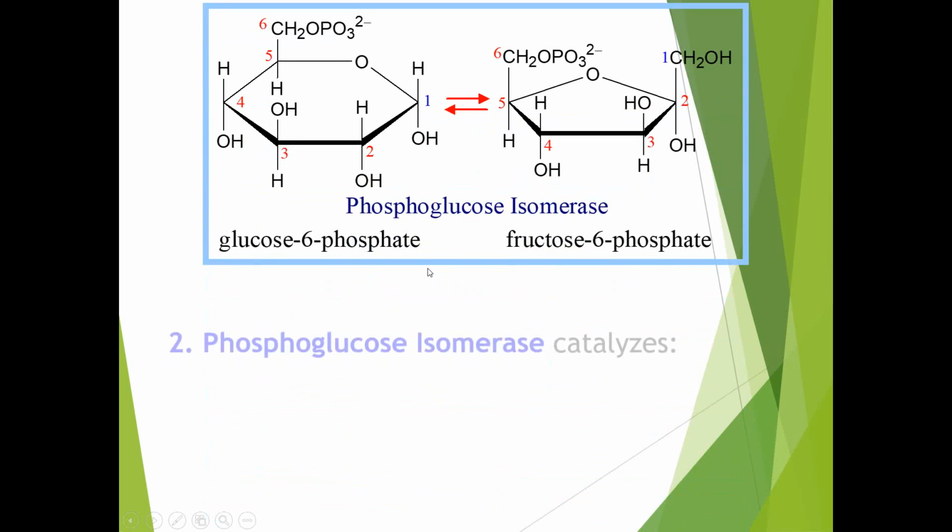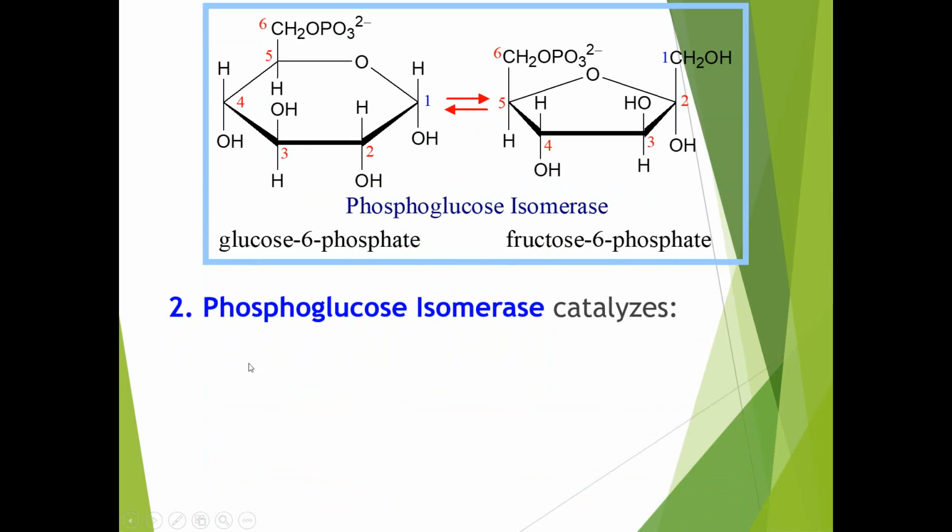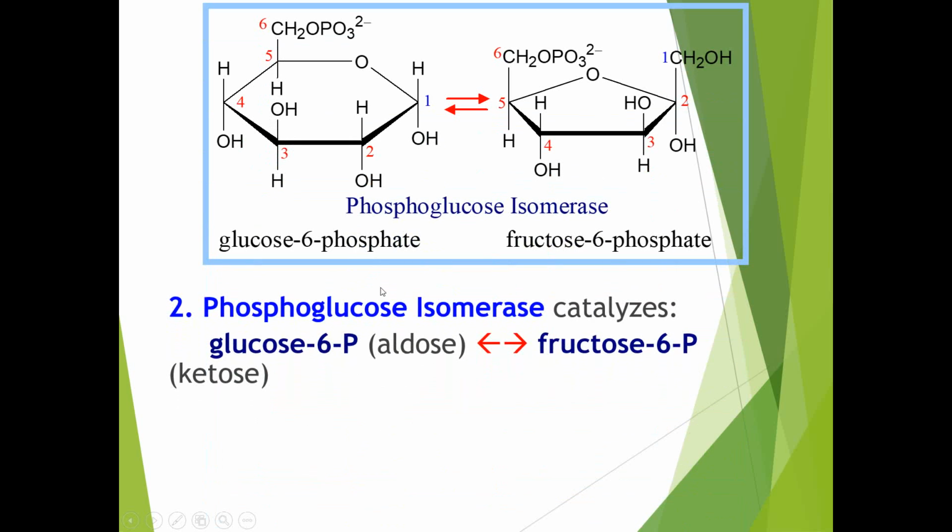Next we will discuss in detail the second step of glycolysis, in which the glucose 6 phosphate molecule gets converted into the fructose 6 phosphate molecule. For this conversion the phosphoglucose isomerase enzyme is essential. This is an isomerase category of enzyme, so simply an isomerization reaction takes place. Glucose 6 phosphate converts into fructose 6 phosphate, which is an isomer of glucose 6 phosphate, having the same chemical formula but a different structural formula.